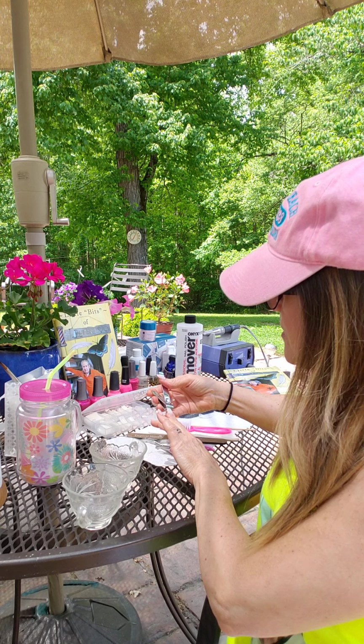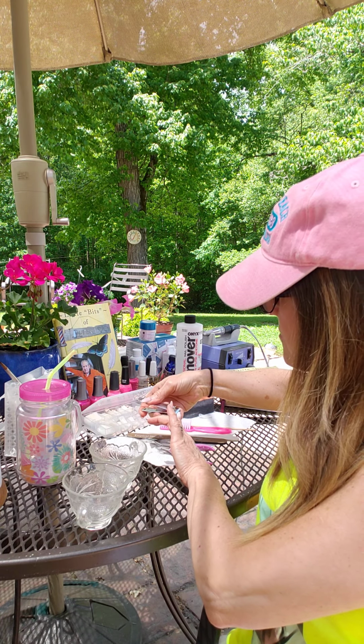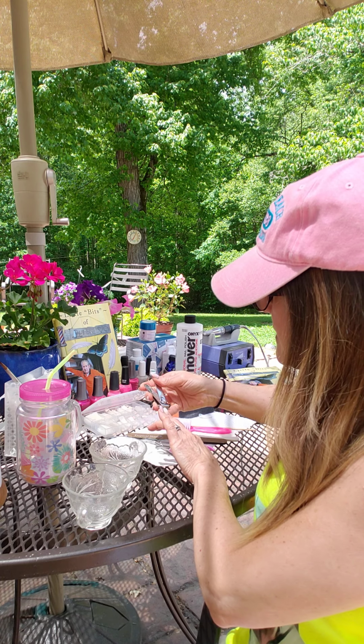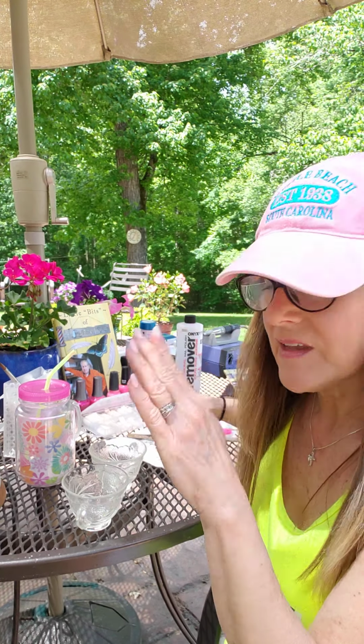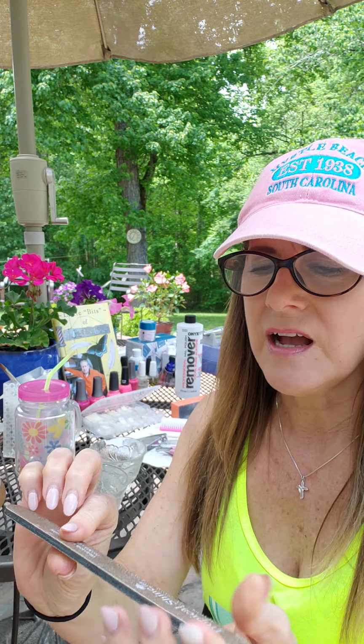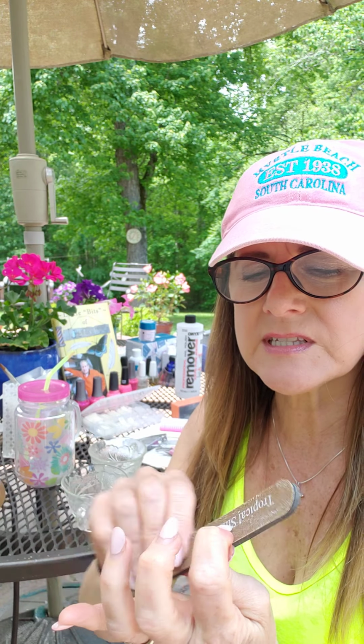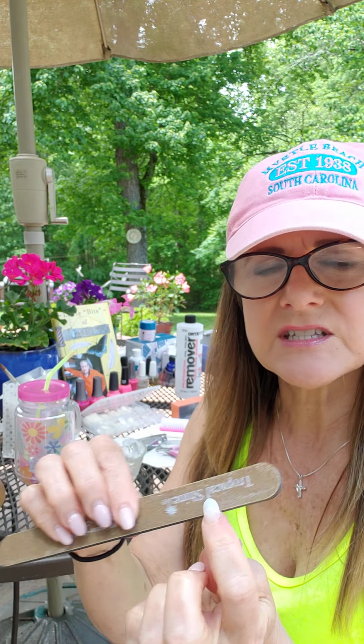I'm just going to trim it just a little bit right now, because what I want to do first of all is, let's see, I've got it down, and then you shape it with your fingernail file. And you want one of these bigger boards. I like the 100 grit coarse ones when I'm doing this type of stuff. So then just smooth it up,